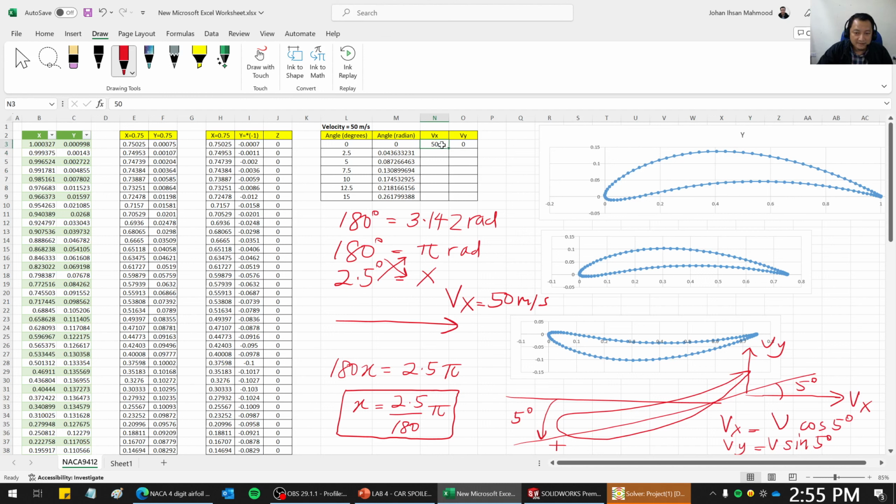So this one, I can put the values here. Vx is actually equal to 50 multiplied by cos 0, enter. Vy is equivalent to